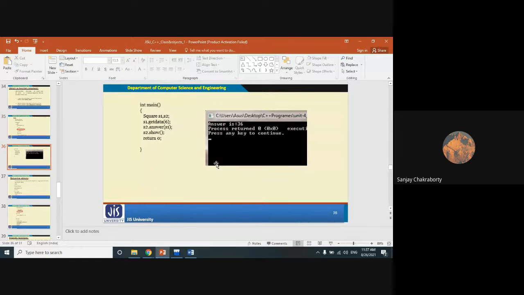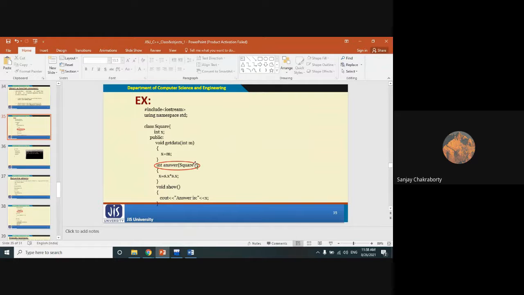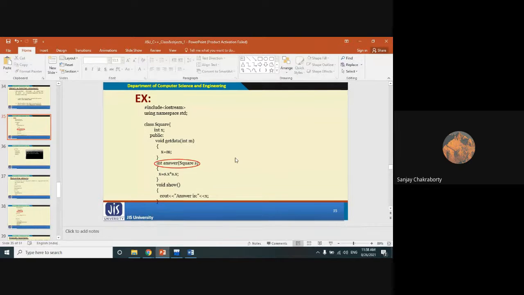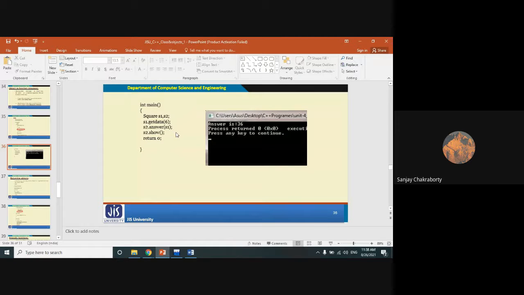Now we will call the answer function with the second object, s2 dot answer, and here we will pass s1 as an object. S1 is an object of the square class, so it should be mapped with this object. Now this s will be replaced by s1, so this should be s1 dot x into s1 dot x, that means 6 into 6.